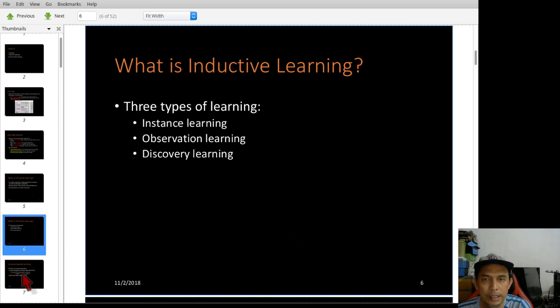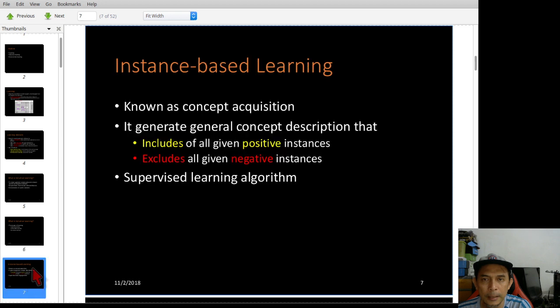So let's start with instance learning. What is instance learning? Instance-based learning is based on supervised learning algorithms. It will include positive instances but exclude all the negative instances. This is very simple instance-based learning, the simplest form of learning, and it is based on a supervised learning algorithm.